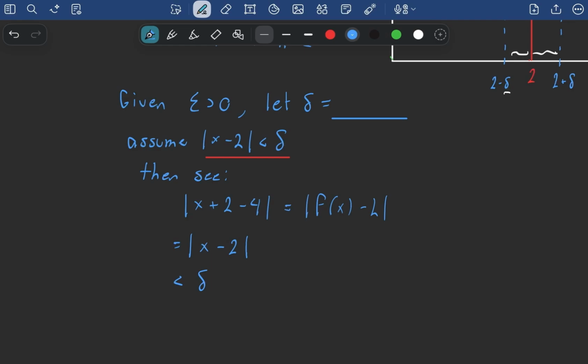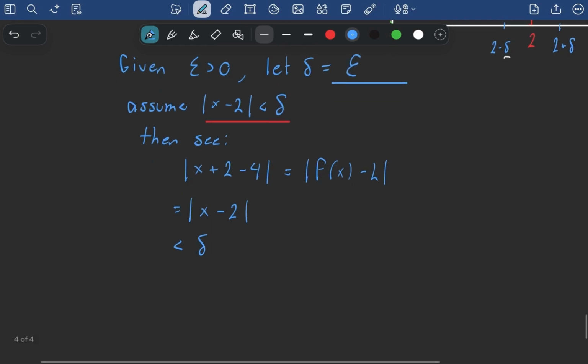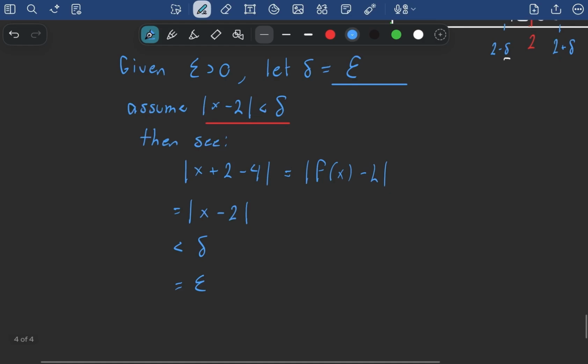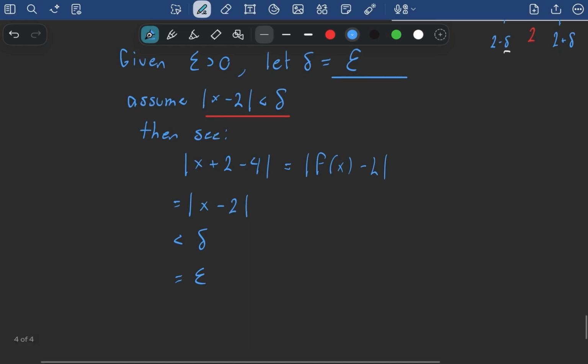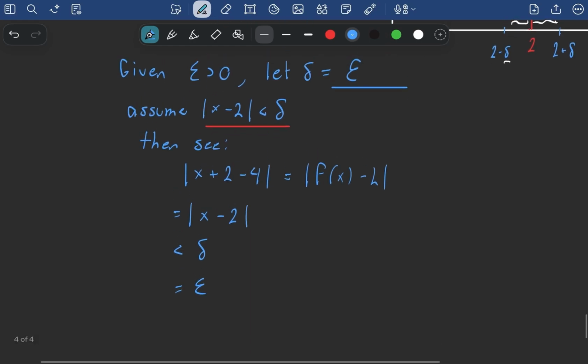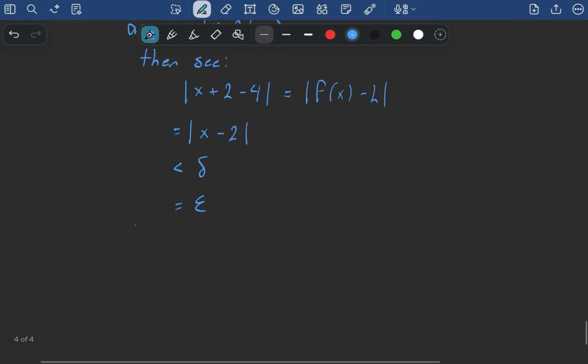So in this case, all we can do is simply pick that our delta is equal to epsilon. And we have that the absolute value of f of x minus L is less than epsilon. Because f of x minus L is equal to x plus 2 minus 4, which is equal to the absolute value of x minus 2, which we know, because we assumed, is less than delta. And we can pick delta to be anything, and so we just picked it to be epsilon, and thus